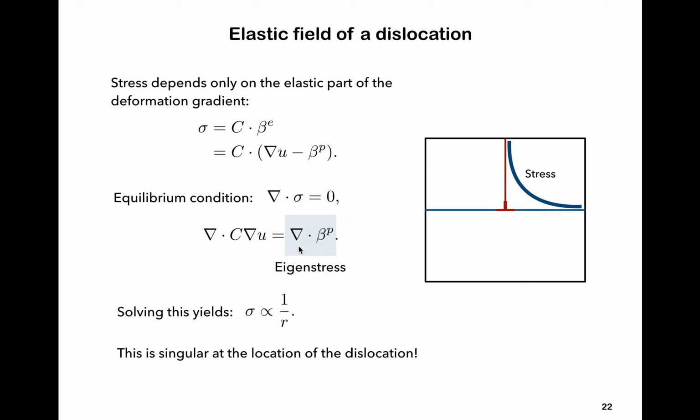Again, notice that this is del dot C times beta p. There is a C missing here. Please, there is a typo. Please fill that in. So this additional body force that you see, which is entirely due to the presence